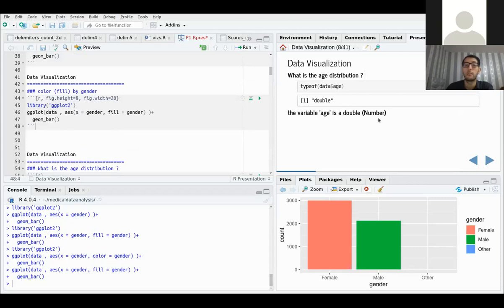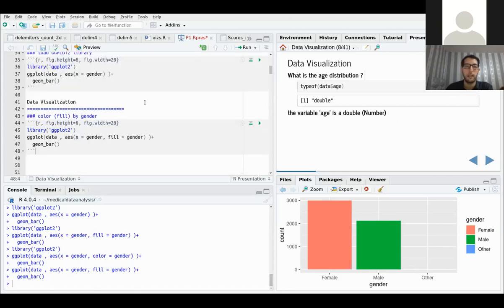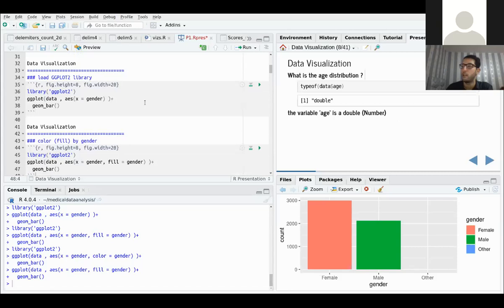Yeah, we have a question in the chat. Sorry, what are you asking? If the other is a missing value, then can't we impute it? So in the data that I have used here, I don't have missing data. I have it mentioned as other. So if I go back,